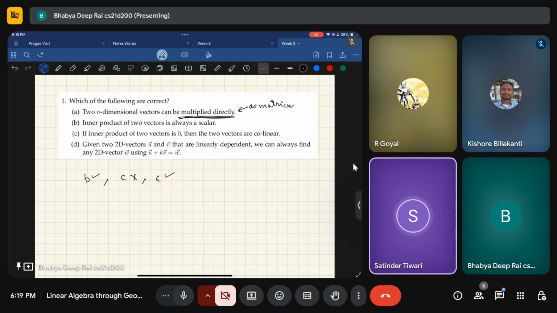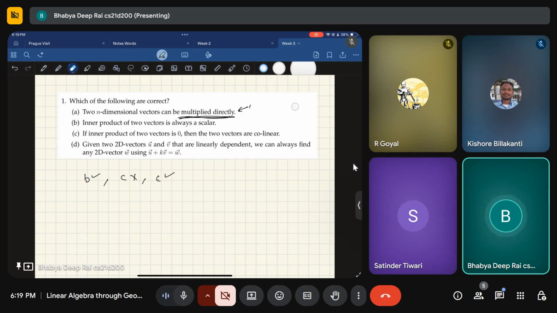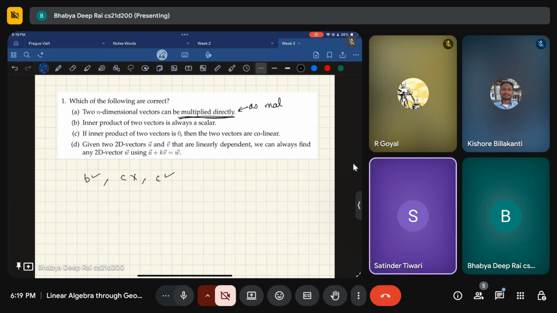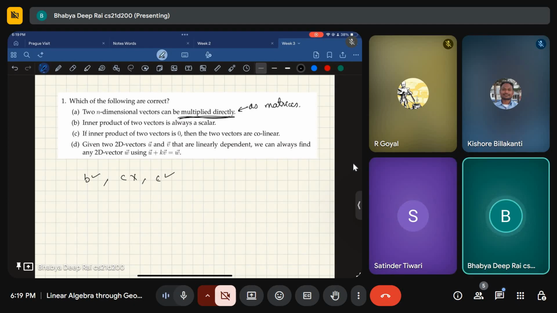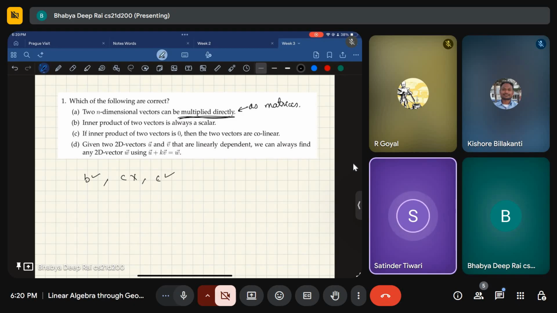Matrix multiplication can be scalar also, and the direction will be perpendicular also. So directly, I think it is not possible. Cross product cannot be done. If you multiply two vectors, their impact will be in the perpendicular direction also, so direct multiplication will not be possible if the impact is along the perpendicular direction of the two vectors.